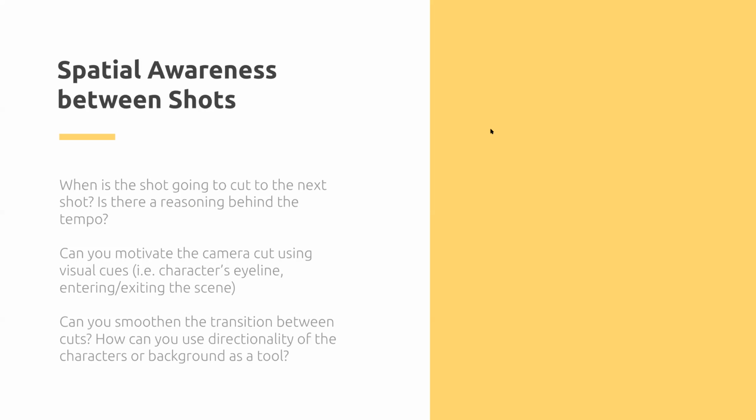Think about the camera cut, moving it using visual cues. So that, for example, is what I did with the birds in that storyboard prior. There's other things you could do, like a house with a chimney and the smoke coming out of that, and that smoke leads you to another spot in the film. It's not necessary, but especially if you want to have a dramatic transition from one environment to the next, this can be really helpful. And it can also help smoothen cuts,